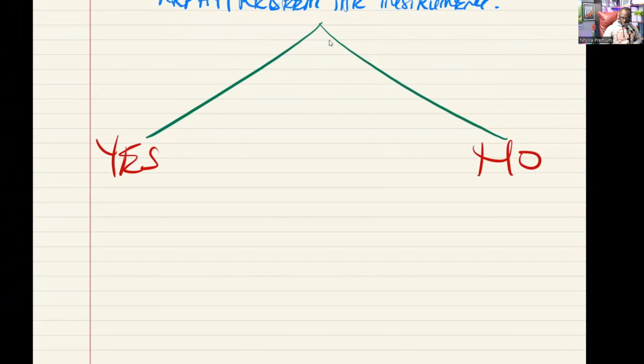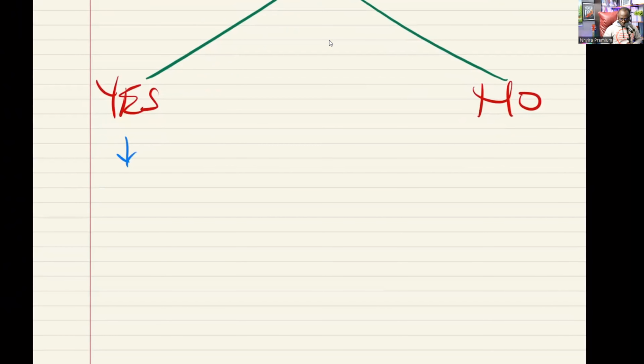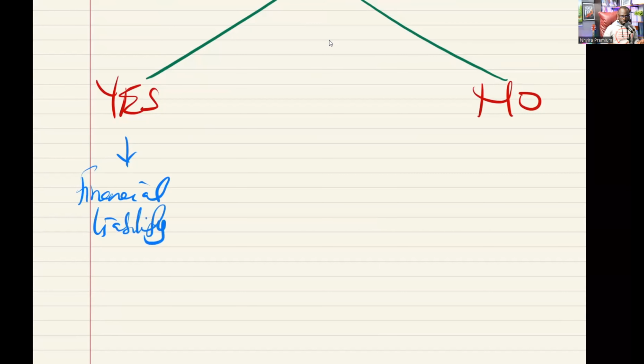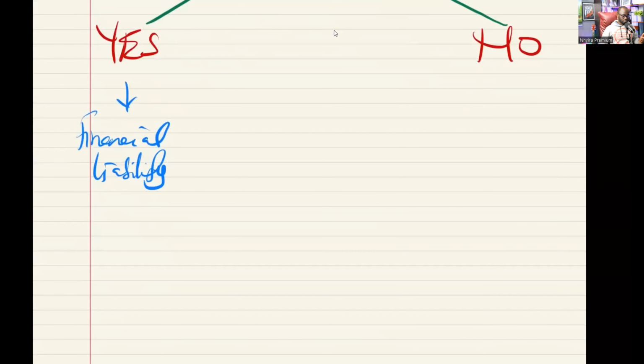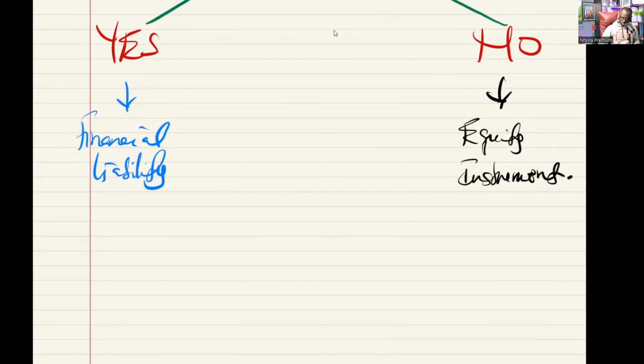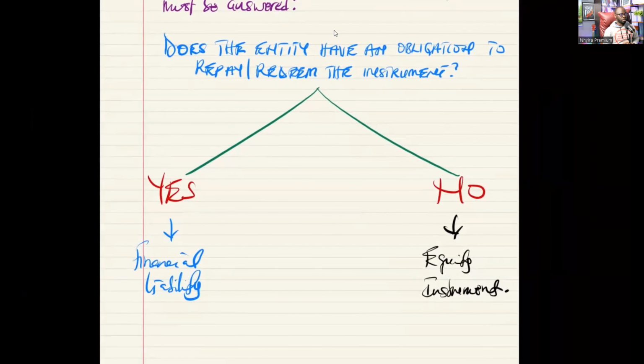If the answer is yes, the entity has an obligation to repay, then it is a financial liability. But if the entity has no obligation to repay, then we will recognize an equity instrument. So how